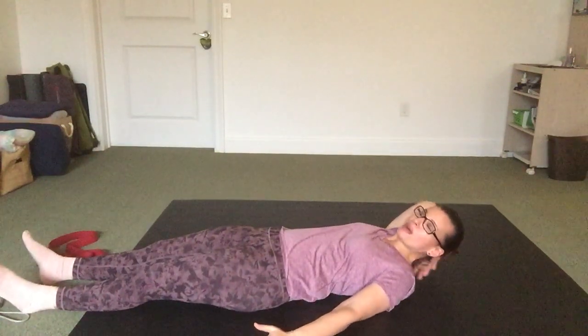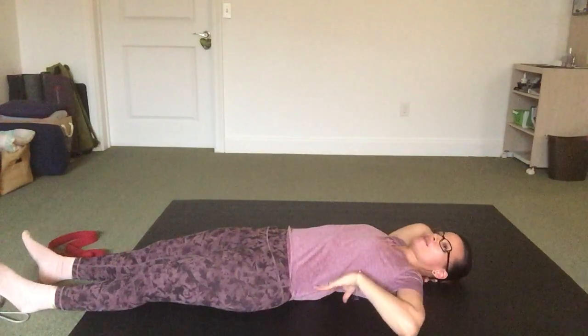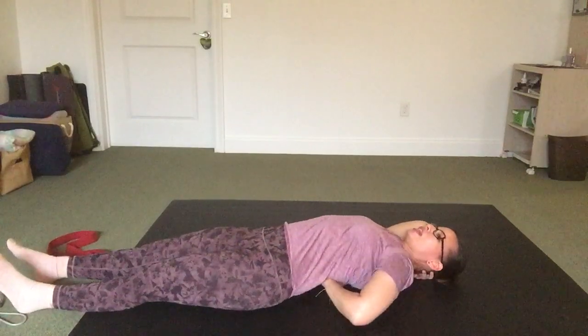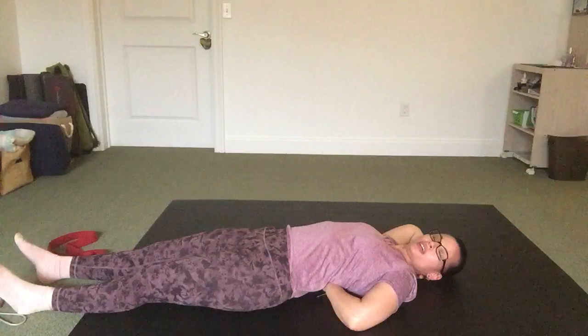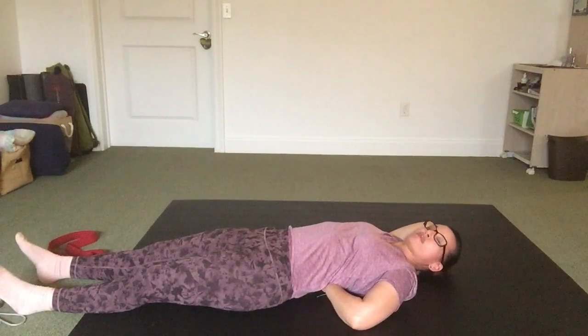So top hand goes behind the neck, and that's almost like a little pillow for your head. Bottom hand comes underneath the spine, palm away. And maybe you can slide the bottom hand a little more up between your shoulder blades. You can adjust. Maybe you can slide the top hand back a little bit at the bottom of your neck,